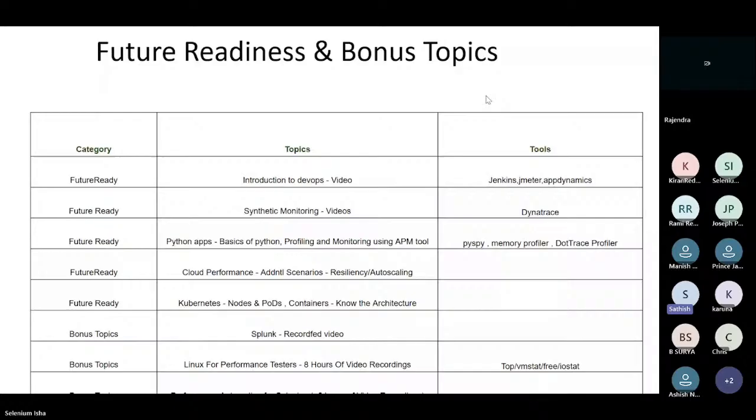Now, from a future readiness perspective, DevOps is not something future. It's already there, and it's been there for the last 5-6 years or whatever it is, right? But still, when it comes to performance, when it comes to interviews, they still see it as new or niche. Okay, so from that perspective, you would get access to my video